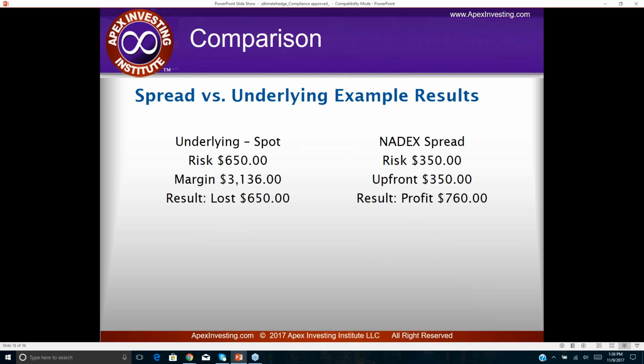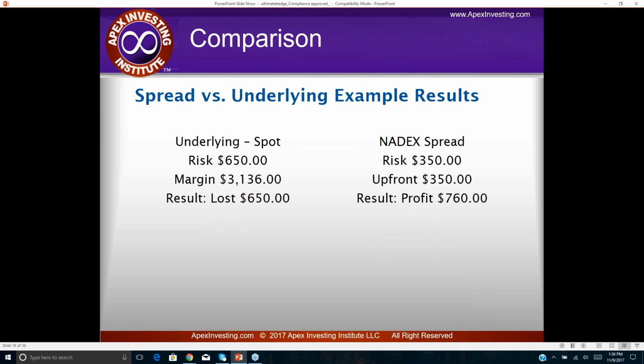Also, what happens when one of these flash crashes hit, like happened on dollar franc a couple years ago, or boom, out of nowhere, there's a 300-point move in pound yen, and it goes way against you and you lose a ton of money in the Forex market. Well, that didn't happen on Nadex because you have a capped risk. It's not unlimited. Your risk is capped even in a flash crash. Make sense? So if you're a spot Forex trader, you need to take a look at some Nadex spreads,